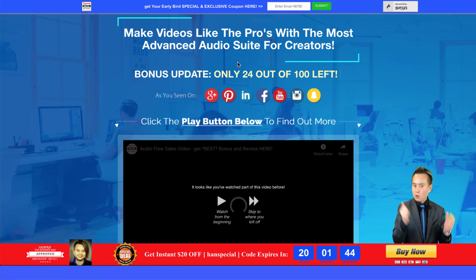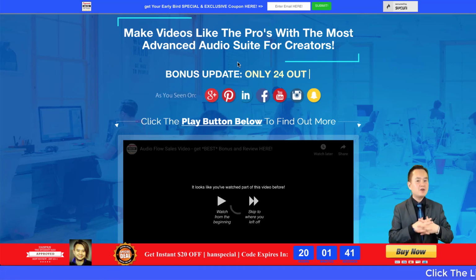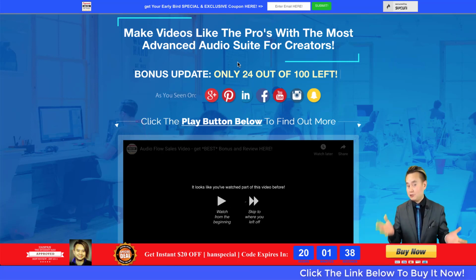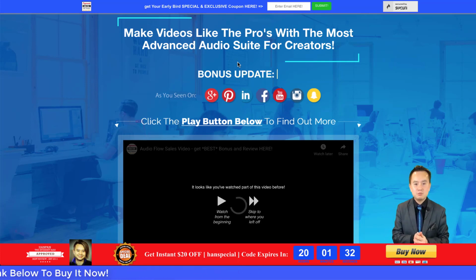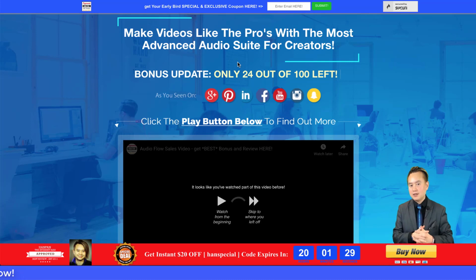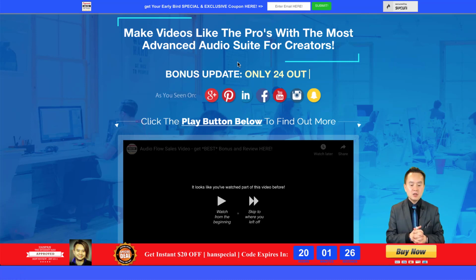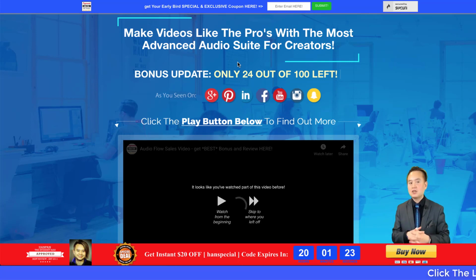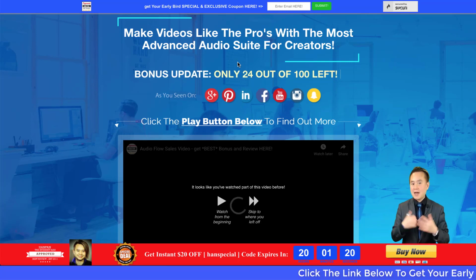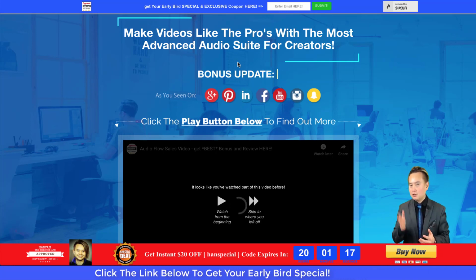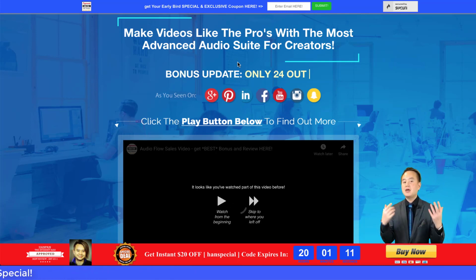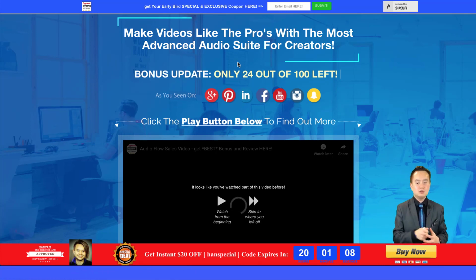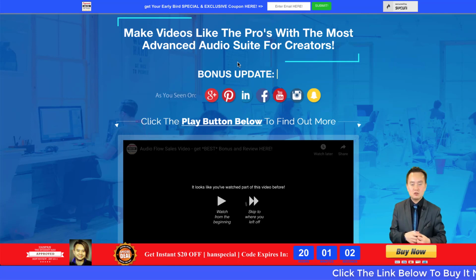You also can record your own audio. So if you're on the road and you don't have any devices with you, all you need is an internet connection with your laptop. You can actually record pretty decent vocals to the microphone that's built into your laptop, and you'll find out how that works inside this review as well. On top of that, of course, there are hundreds and hundreds of professional, categorized video audio files that you can download instantly, converting your videos from normal boring videos, like silent films, into a very powerful video, so you can go out there, get attention, and sell this to clients, banking from $500 to $1,000 very easily.